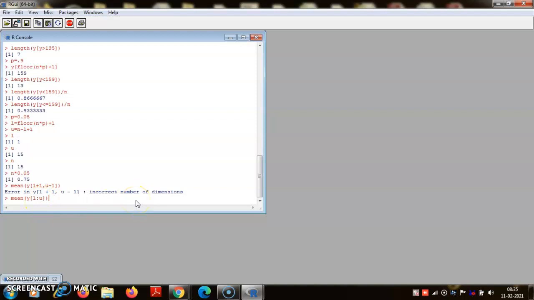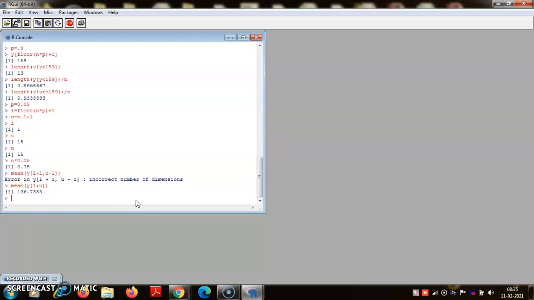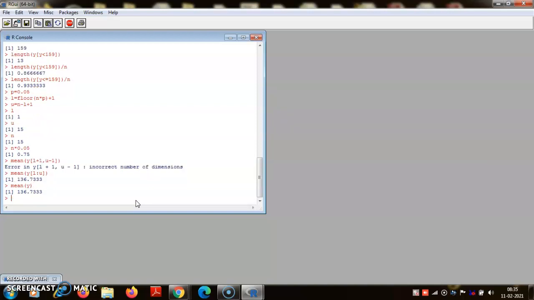You are doing this on the sorted numbers, so this will give the result. Now in this case you see it is turning out to be the same as the mean, because since the number of observations is small, L is the same as the minimum value and u is the same as the maximum, that is 15. But let us take some more data.